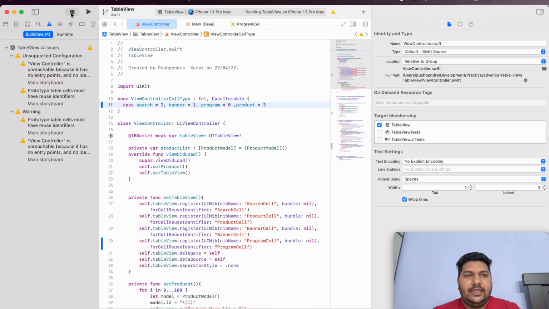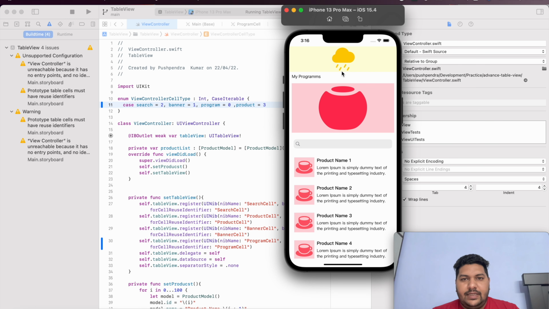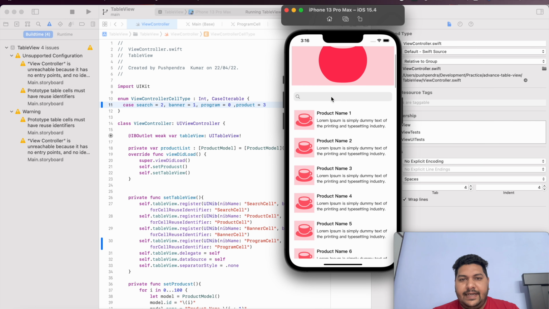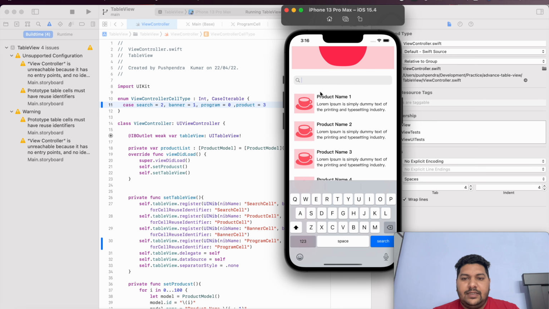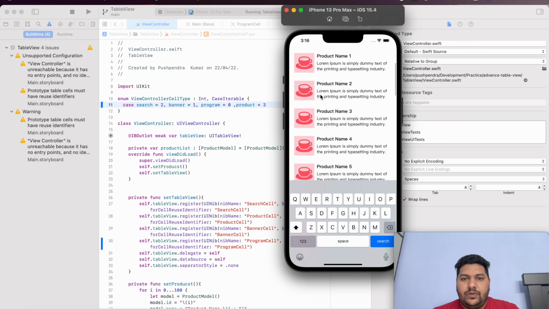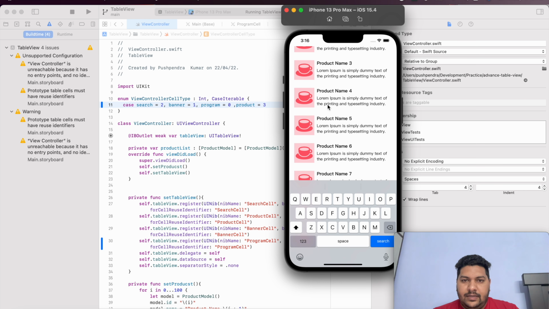Now again you can see the output, the first index, 2nd index and finally the 3rd index. That's why this is the very best way to customize your table view and achieve your expectation as per your requirement.